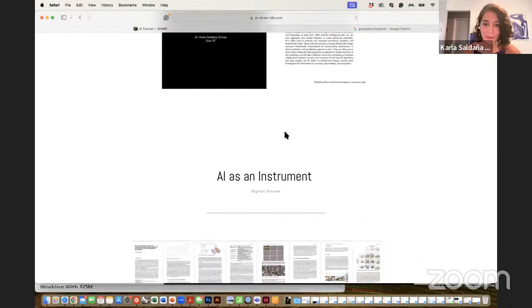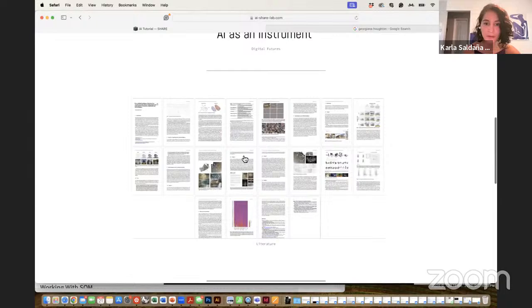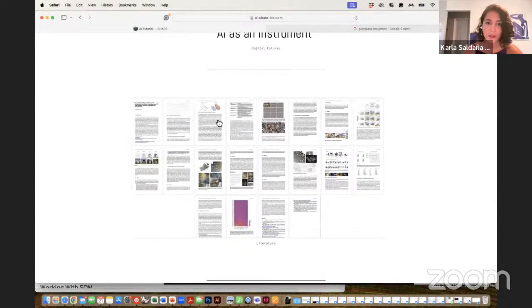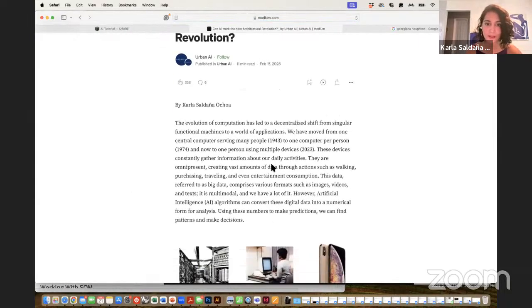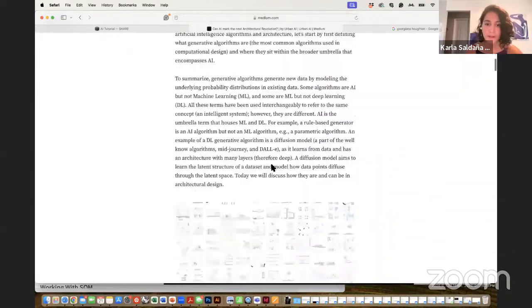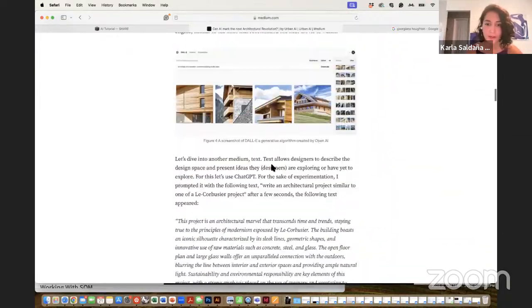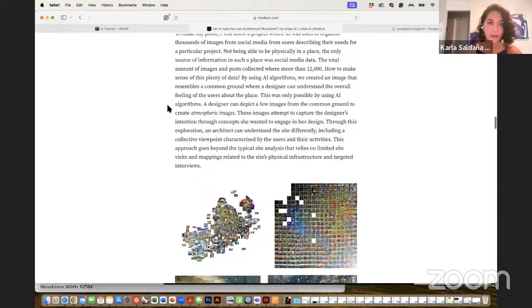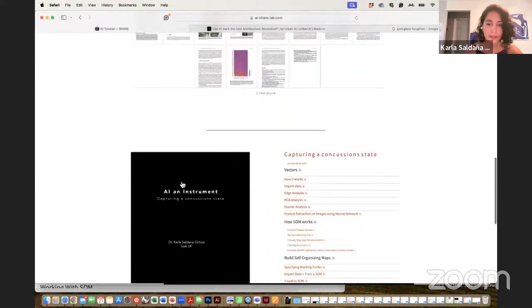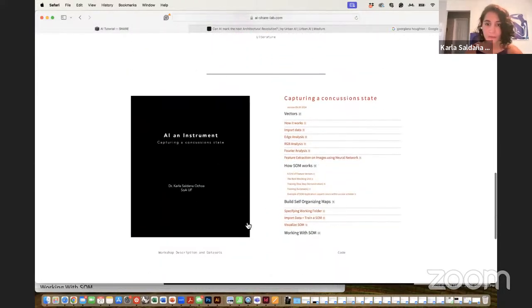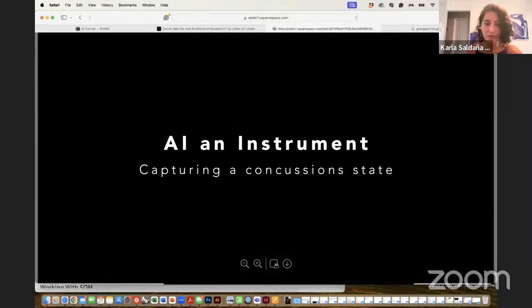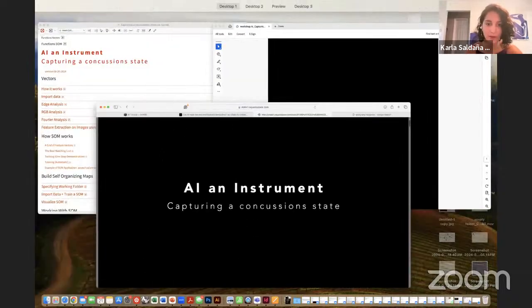Today I also bring a little bit of background. If you want to follow along, we're not going to be working with generative algorithms, but with search engines and classifiers. Here is a more developed idea of some of the algorithms that I'm going to be working on. At the end of the page, you have two files. The first one leads you to a PDF, and this PDF is quite interesting.